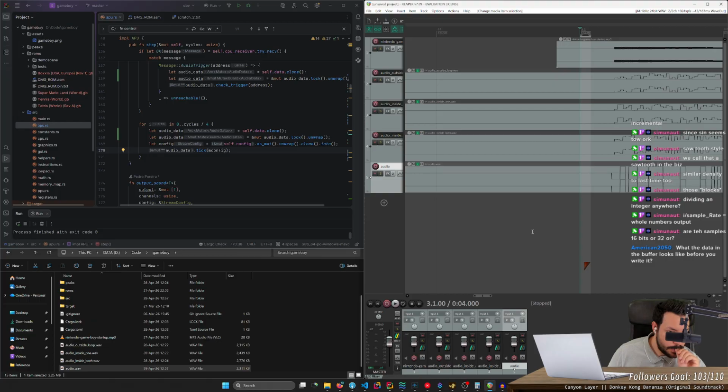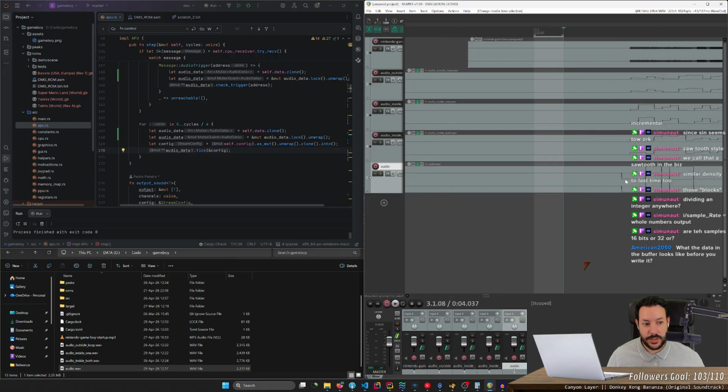Well, I don't know what to answer to that, but it's this, you know? It's whatever we see here. It's zeros and ones, or minus ones and ones. This is the data that we are getting in the buffer. Like the writing of the file is correct.